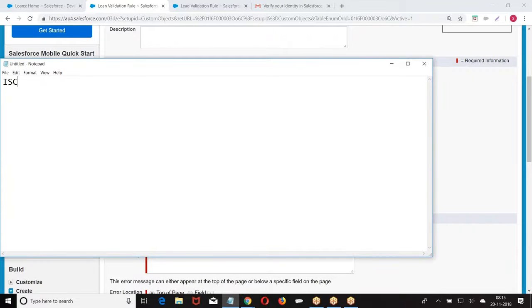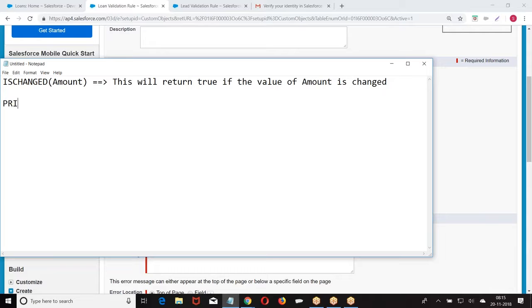IsChanged will check whether the field is changed or not. If the value of the field is changed, priorValue will return the old value.